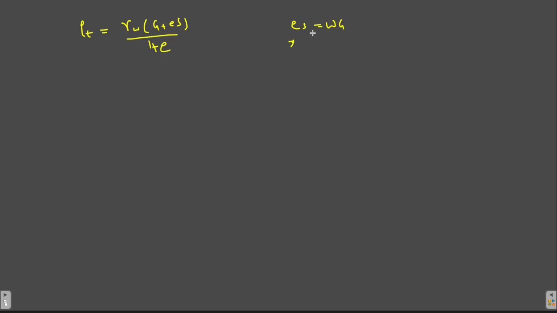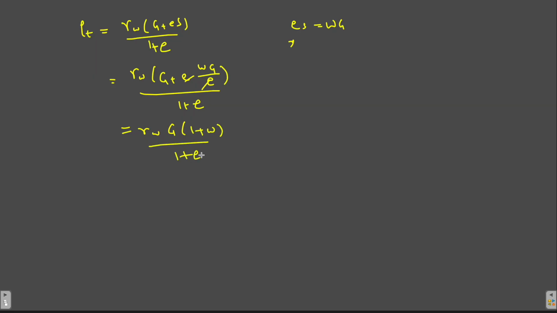So you just replace S with WG by E, right? So it is gamma W G plus E. S can be replaced with WG by E, right? This E and E will be gone, and 1 plus E. So you will be left with gamma W G plus, okay, so can I write it like this? Gamma W G 1 plus W by 1 plus E.